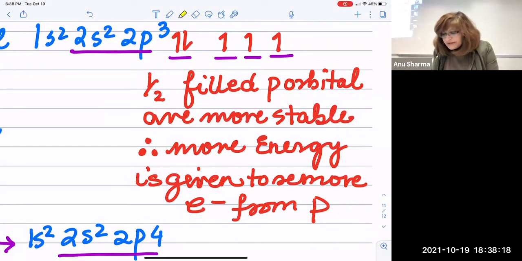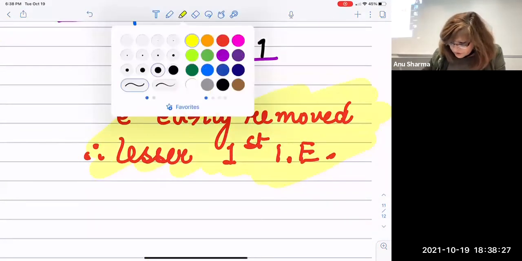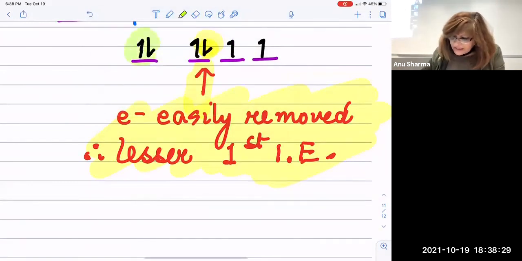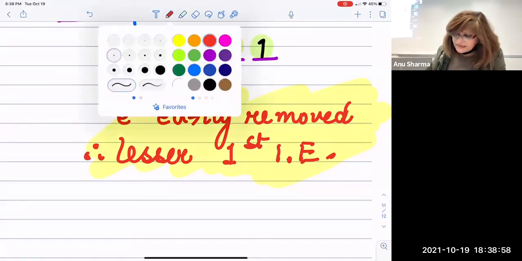Yes, it'll be stable because it will become half filled. Right now, these two electrons are happy, paired. Full-filled orbital, very stable. But these other electrons, which are lonely, feel even more lonely when they see the two paired ones, so they want to get rid of that extra one. So when that one electron is lost,